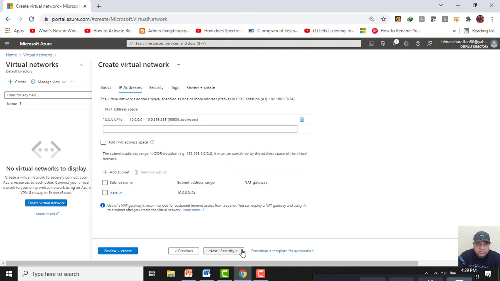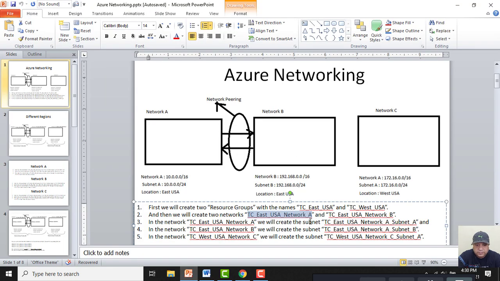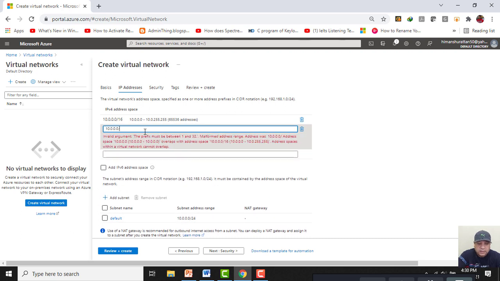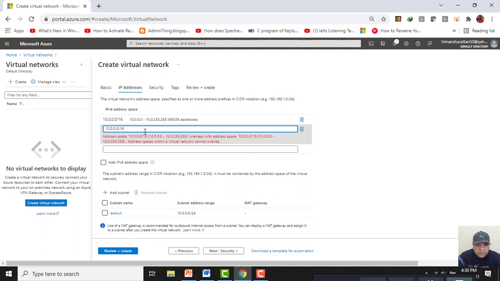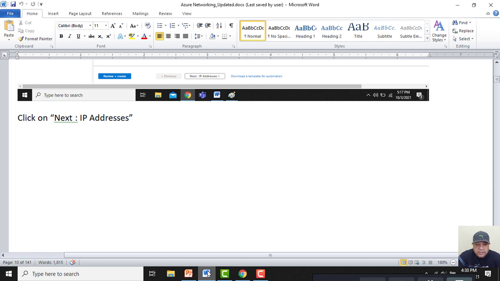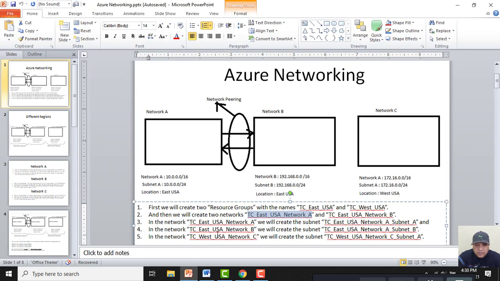Now the IP series I will be using is of series 10, so I will give it 10.0.0.0/16. Let me remove this subnet. I will add my own subnet and give it the name TC_East_USA_network_A_subnet_A.